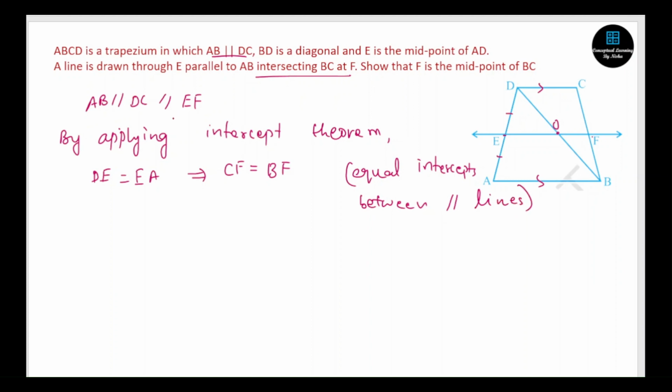See, CBSE students, if this theorem is not there for you, then prove it, okay? Just like we proved the intercept theorem, prove the same result over here, alright? So that is the only thing you have to change here. Instead of writing by applying the intercept theorem, you have to prove it and show it. So therefore, F is the midpoint of BC, right? Alright.